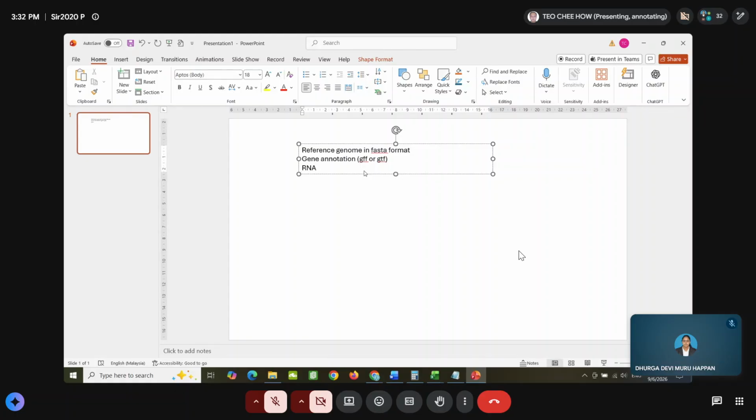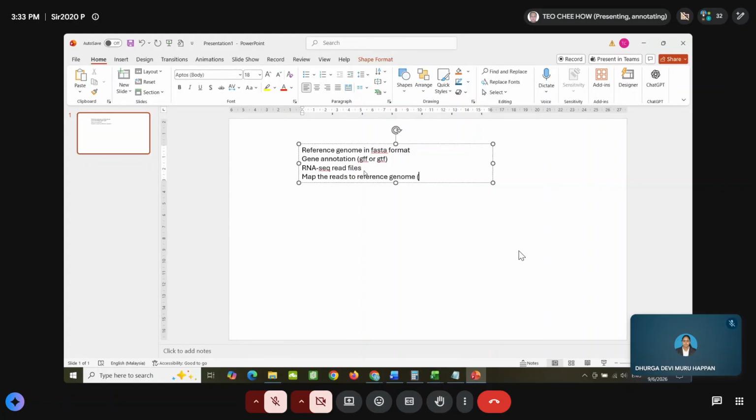the RNA-seq read files, right? Then once you have that, the first step is you want to map the reads to the reference genome.